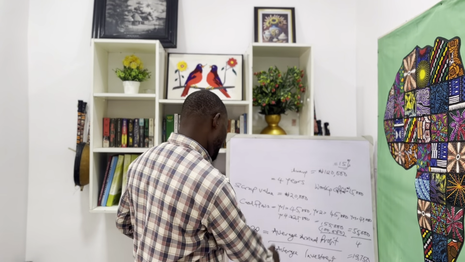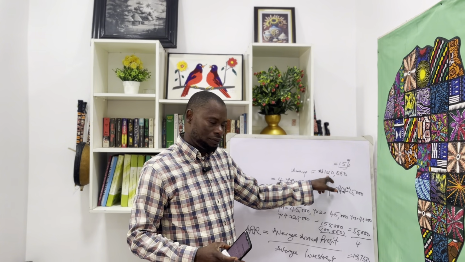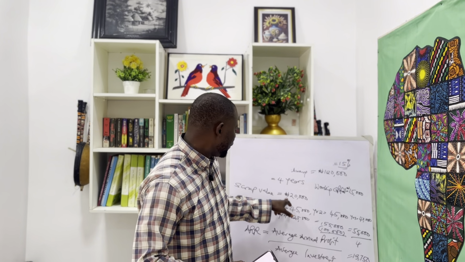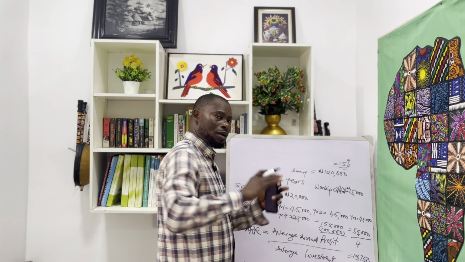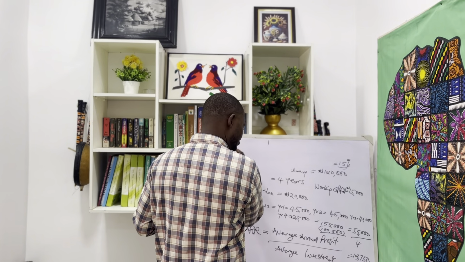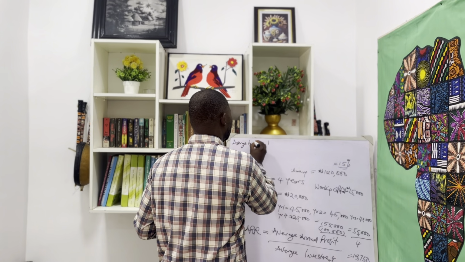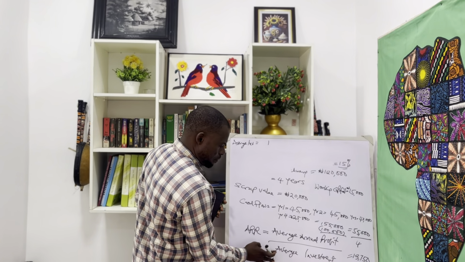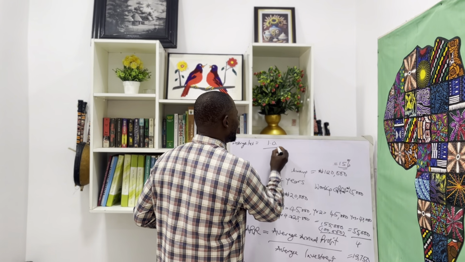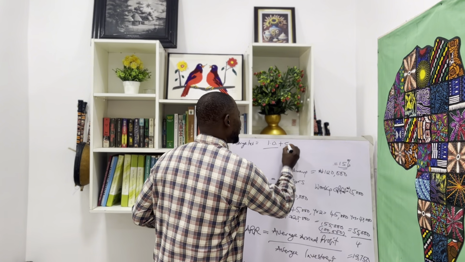Now, the average investment is the initial outlay plus the scrap value. So, we're looking at the average. Let's say average investment is equal to the initial outlay plus the scrap value,